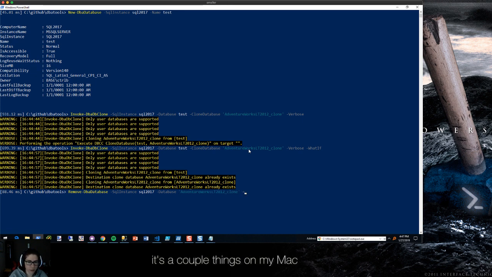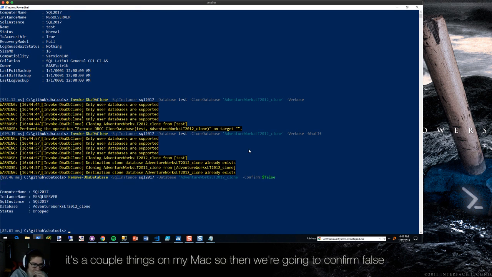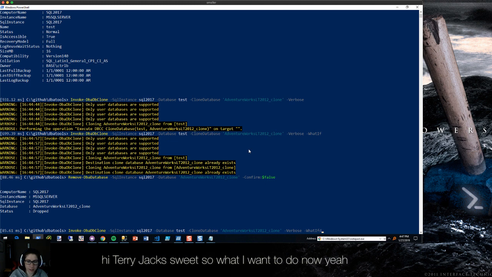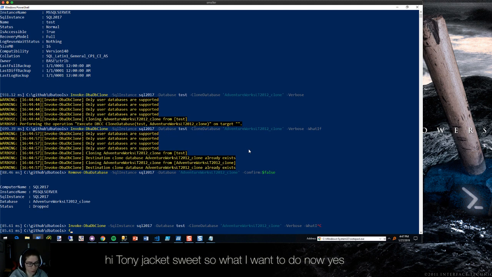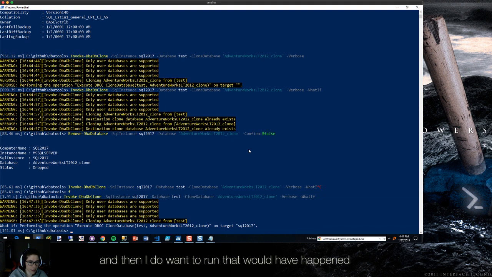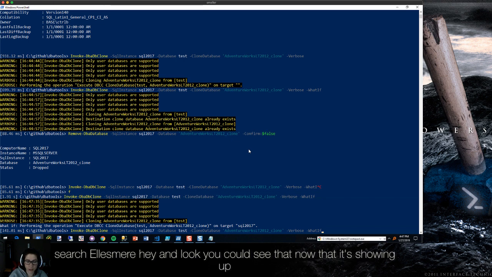All right, so then we're going to confirm false. All right, so we dropped it. Sweet. So what I want to do now is reload the module since I made my changes. And then I do want to run that what if happens. So it tells me, hey, and look, you could see that now that it's showing up. So we have one thing down. Let's go ahead and,